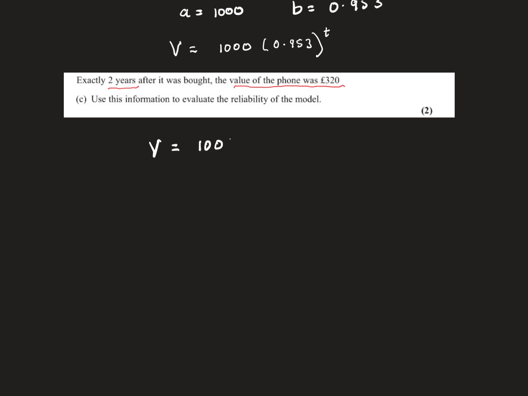We've got 1,000 multiplied by 0.953, and this is where you have to be really careful, because 2 years equates to 24 months, and this is supposed to be using months. So we need to put 24 in here. If we do that, we should get an answer of